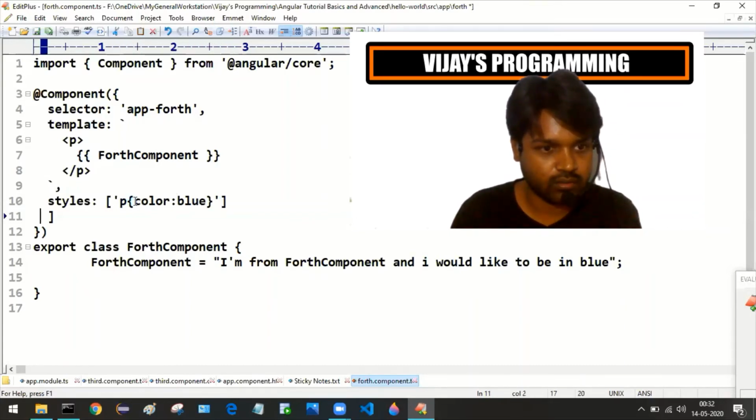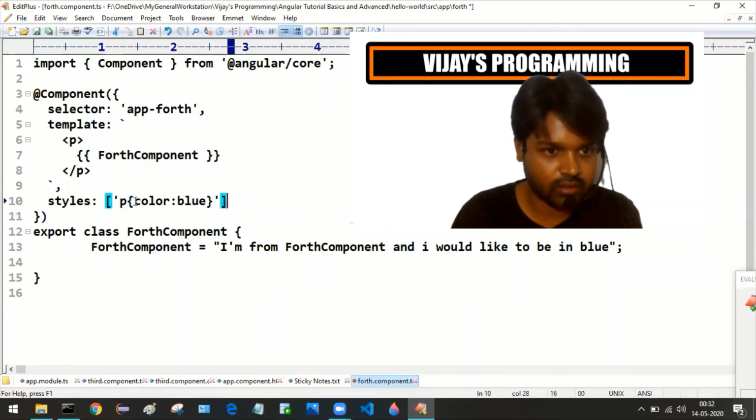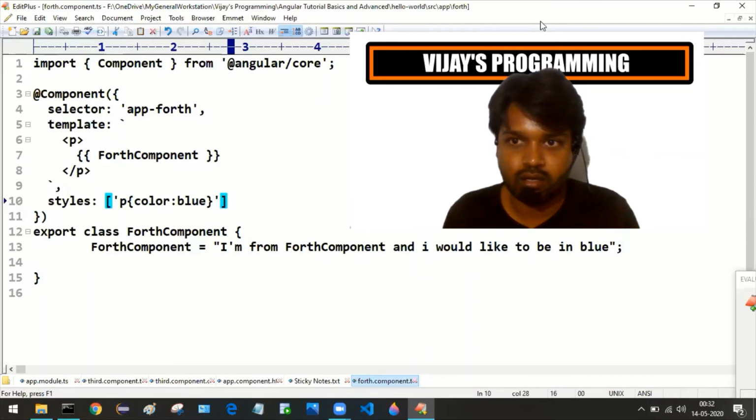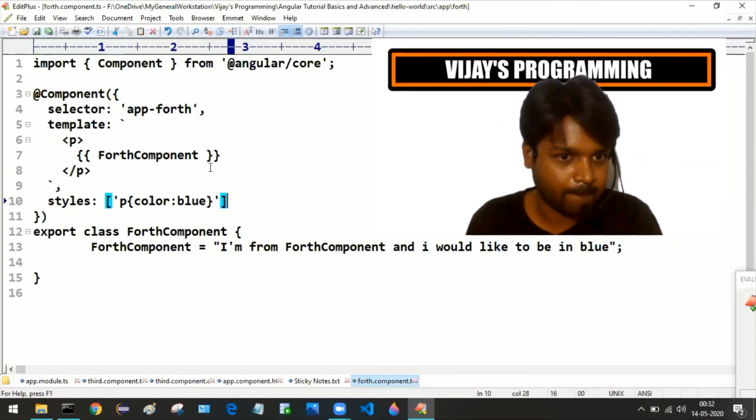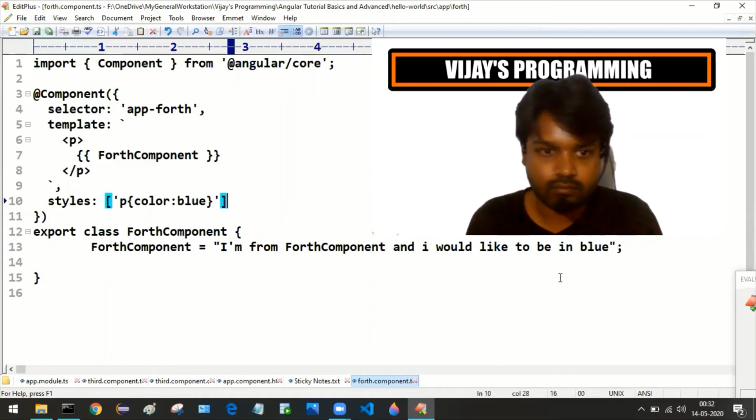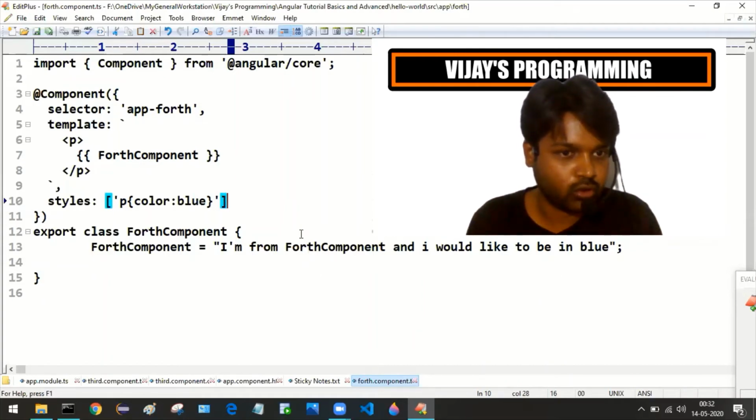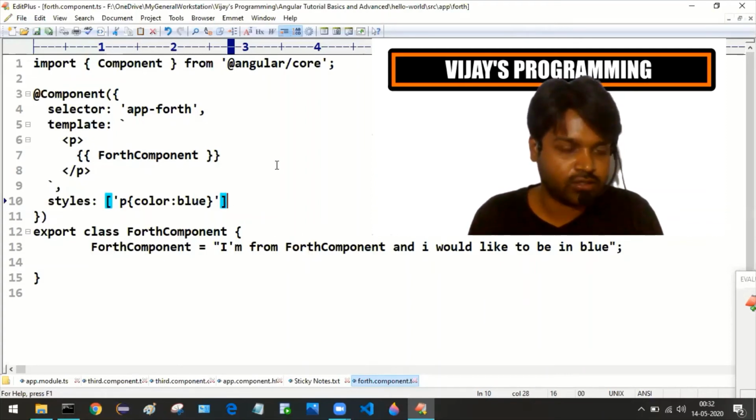Okay, and make sure that all the syntax is proper. I think we are good to go now, right? So we have inline template.